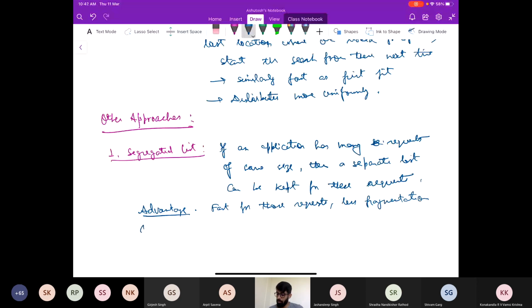Complication: how much memory to keep for these lists and so on. What to do if we have kept some memory and it is not being used, how does the memory allocator take it back, or what happens when we need more memory. So this is called the slab allocator, and it is a very popular thing which was designed. You can read more about it, but the basic idea is that if there is some request that is coming again and again,